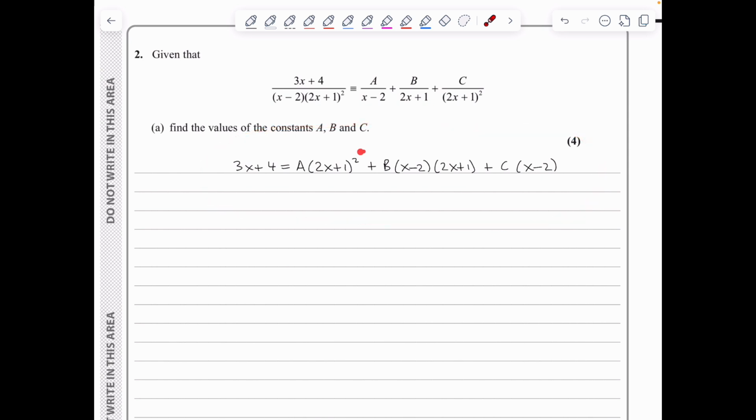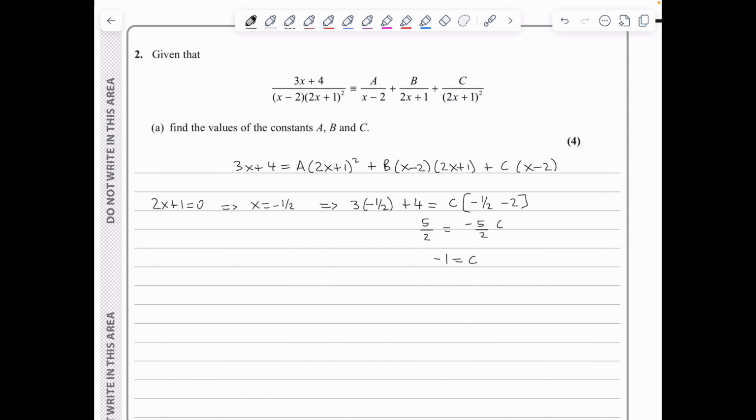So for me to eliminate the 2x plus 1, I will be setting 2x plus 1 to be 0, which means that x is minus a half, and therefore if I substitute x with minus a half, I get 3 times minus a half plus 4 is equal to, well, this part is 0, this part is 0, and I'm left with c times minus a half minus 2. So we get that 5 over 2 is equal to minus 5 over 2 c, and therefore